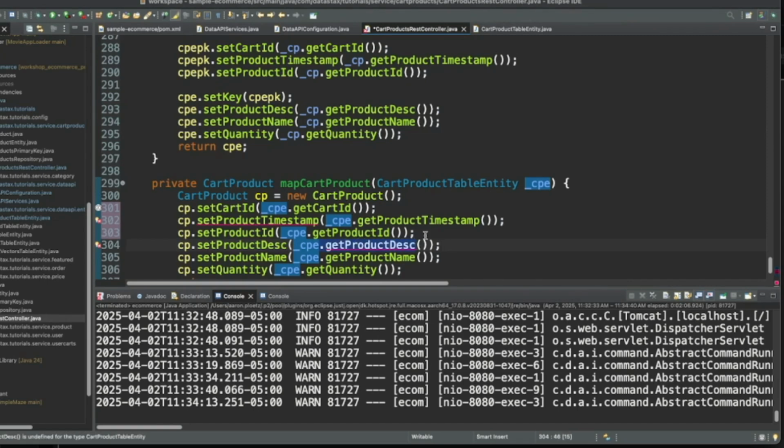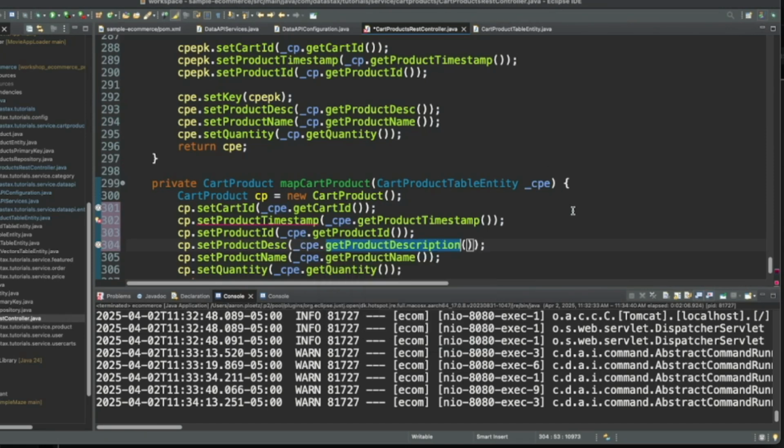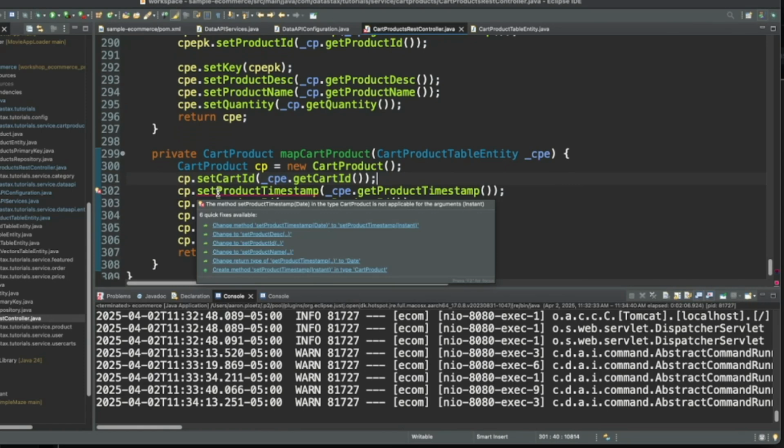And it looks like product description was a little different. Get product description. There we go. And set product timestamp. Oh, that was done as a date.